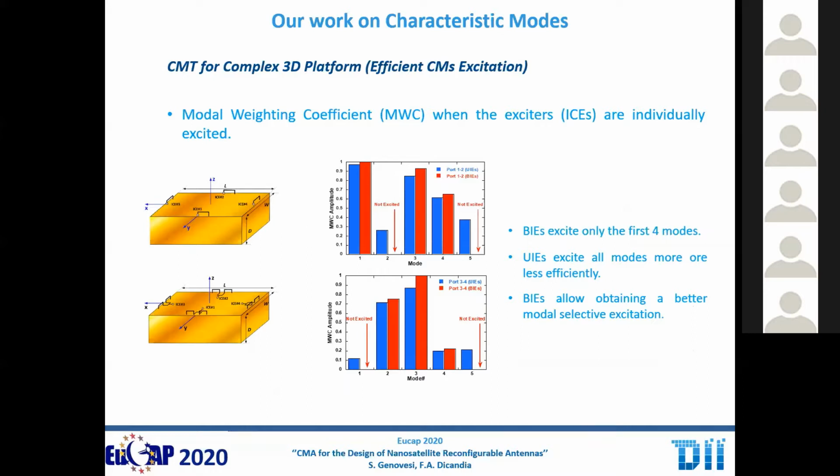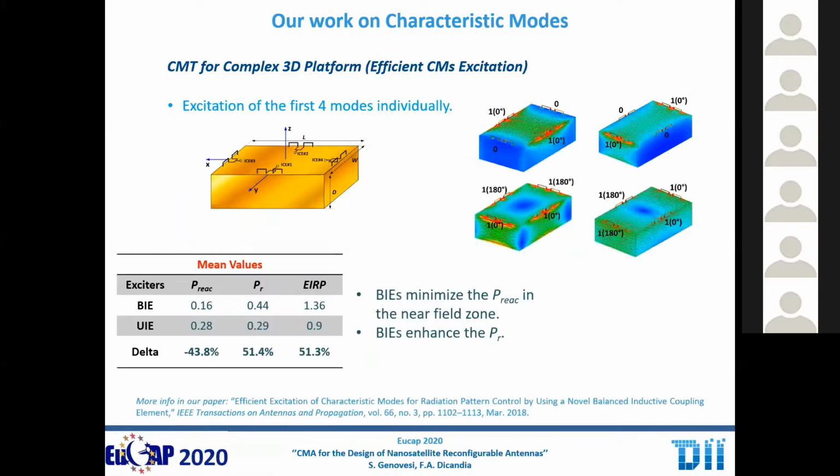So when we want to excite a single mode, we can excite only that one and not also other undesired modes. This is just a comparison between the standard half loop exciters and what we can achieve with this balanced inductive exciter. So we can really be quite selective in the excitation of the field. The reason we try to achieve this pure excitation is that if we do not lose power in other unwanted modes, we can have a higher radiation efficiency. If you want additional details on this, you can give a look to this publication.